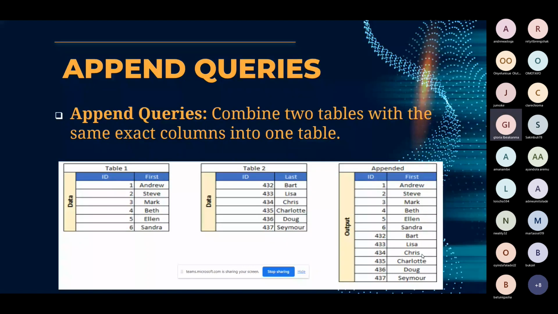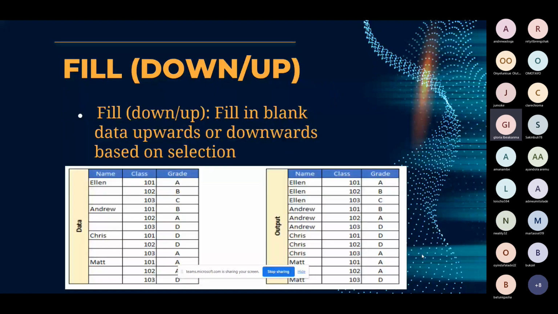You have to click on the append and use that. So there's something also called fill. You can either fill down or fill up. You fill in blank data upward or downwards based on your selection. So you could see all of these data sets when we look at it. Look at Ellen 101, 102, 103, and all of that. And rather than leaving these empty spaces,